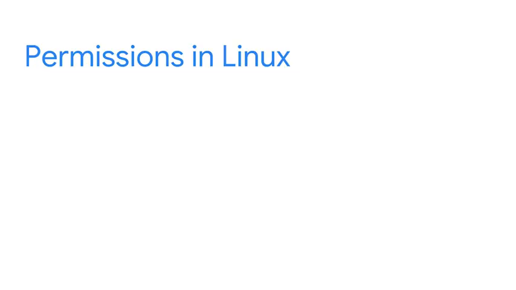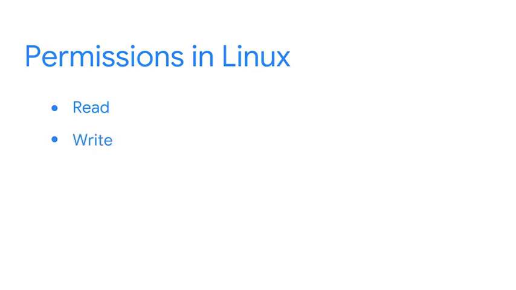There are three types of permissions in Linux that an authorized user can have. The first type of permission is read. On a file, read permissions means contents on the file can be read. On a directory, this permission means you can read all files in that directory. Next are write permissions. Write permissions on a file allow modifications of contents of the file. On a directory, write permissions indicate that new files can be created in that directory.